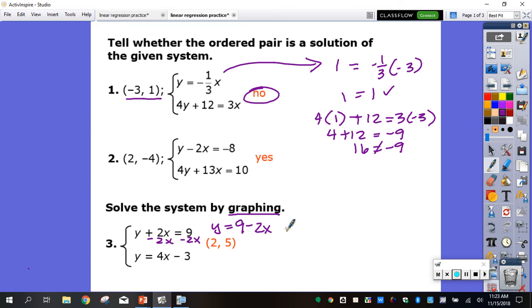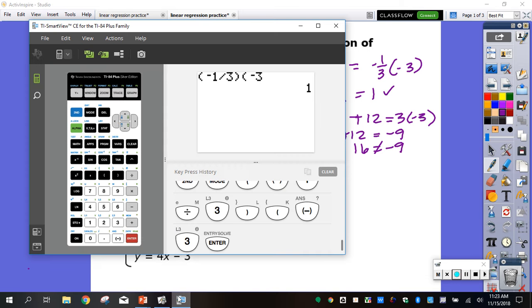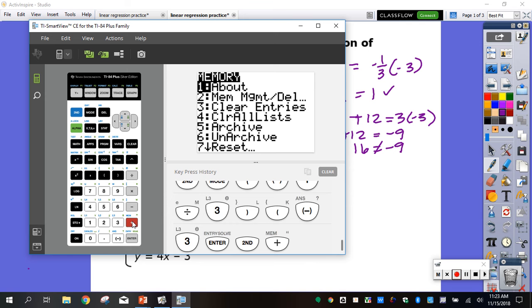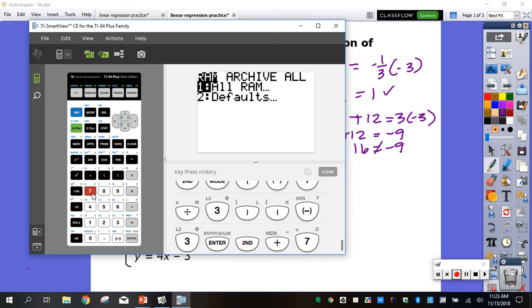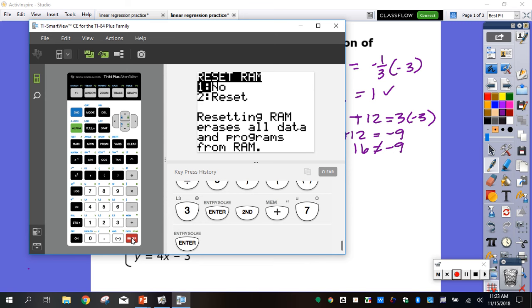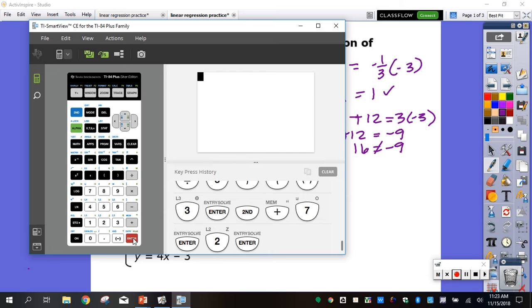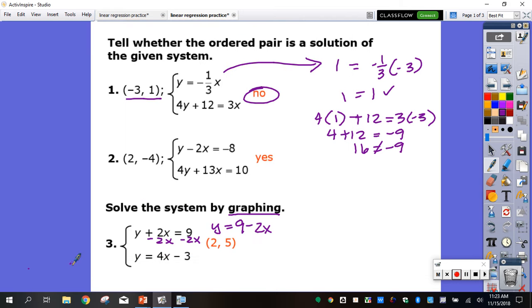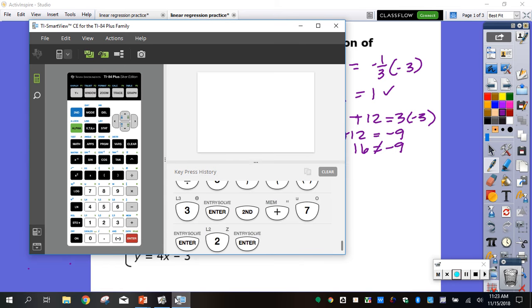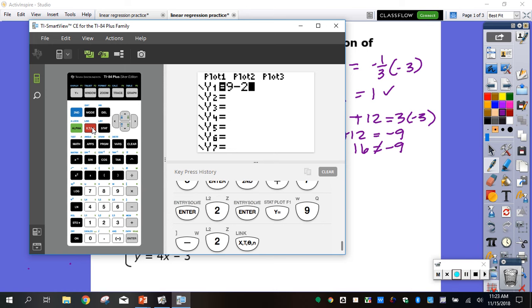So now what I do is I go to my calculator, and just out of habit, you need to start erasing the memory regularly, because with my calculators, there's no telling what people did ahead of you, and it'll affect your work. So I clear my memory, and then I enter my equations. So I have y equals 9 minus 2x. And then 4x minus 3 is my second